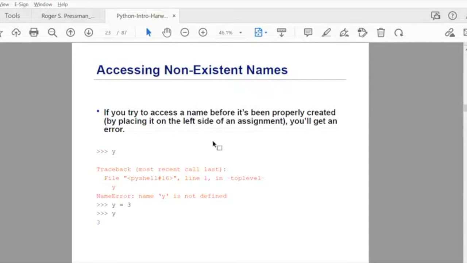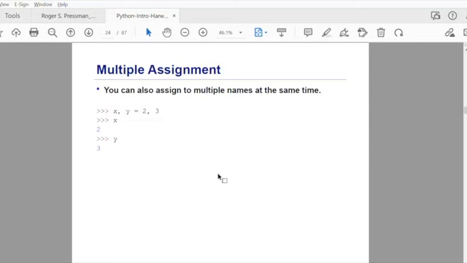So now we'll be looking at accessing non-existent names. If you just access a variable, you will have an error. Typically, you should first assign the variable to some value and then access the variable. So here, as you can see, there is no error, but here there is an error since it's not defined earlier. Moving on to the next part, you can also assign multiple names at once. Like we saw in the other example, you can either do x equal to 2, y equal to 2, or you can do x comma y equal to this one. It just makes your code shorter.